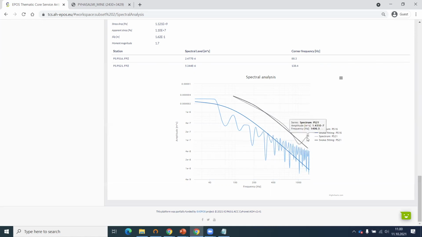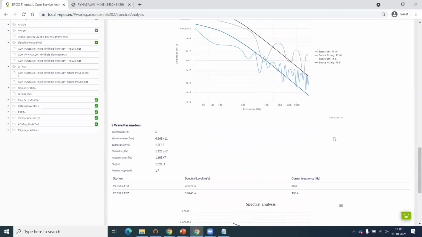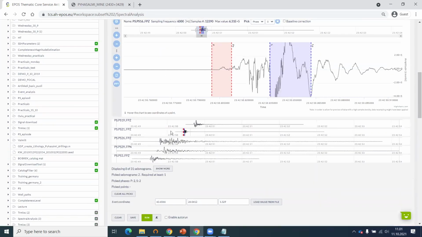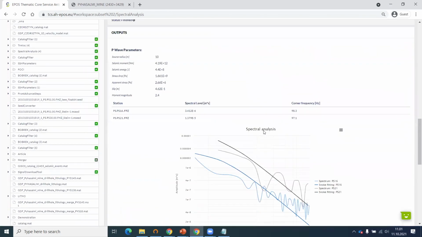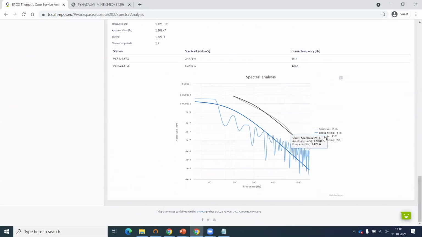Yeah, you can see that for this one, the spectrum is not actually quite nice. It doesn't have too much of this kind of high frequency content that 21 has. I think it was 21. No, it was 16 where I misplaced it. So it's this one. It actually does have much more of this high frequency content on these surface waves compared to this